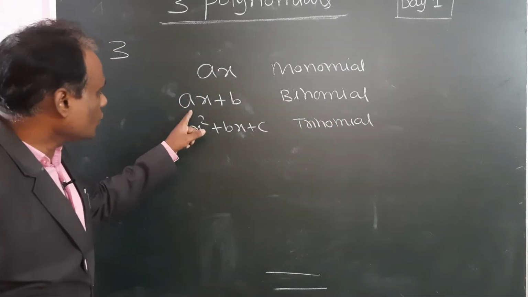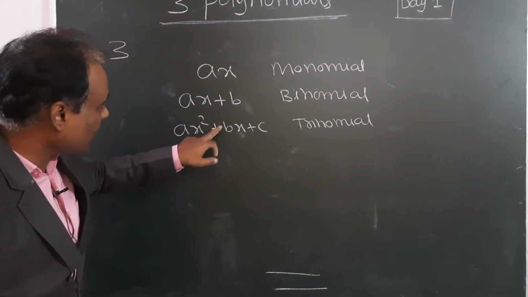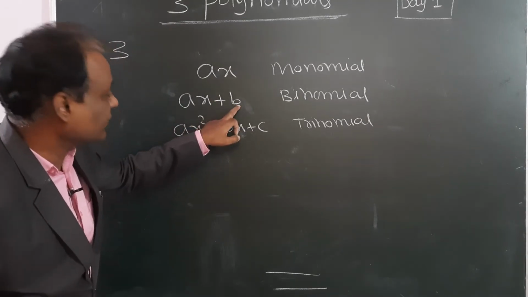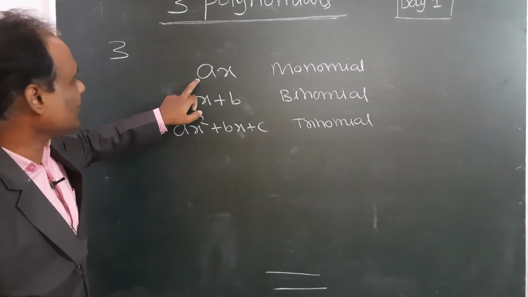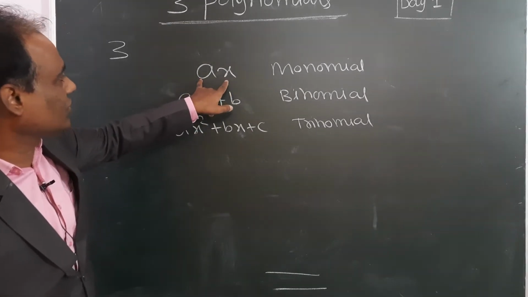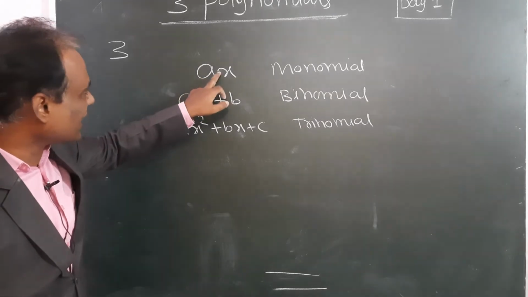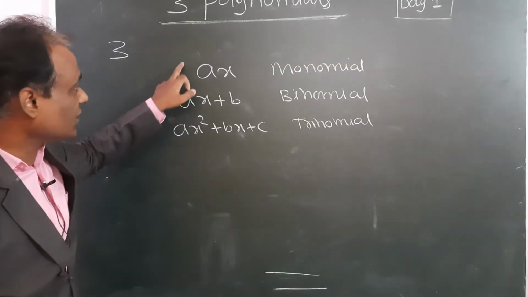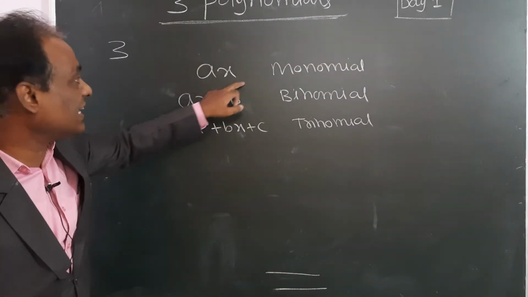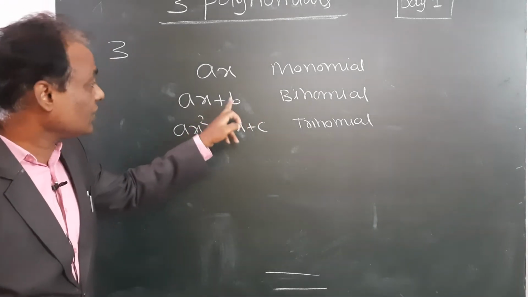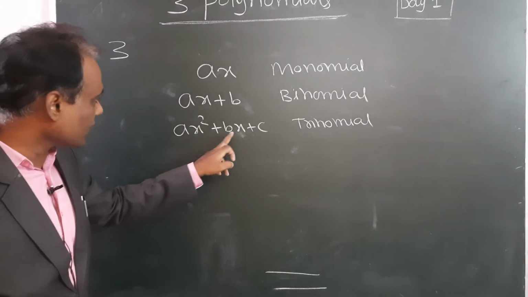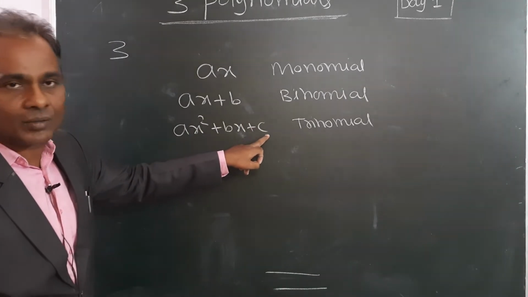See, when the two expressions are separated by plus or minus, then we say that this is a second term. See, only ax means we should not say that this is one term, this is second term, this is 2 terms. No. When they are connected by multiplication or division, the total is said to be a single term. If it is separated by a plus or minus, then second term starts. See here, second term, again plus symbol, third term, like this.